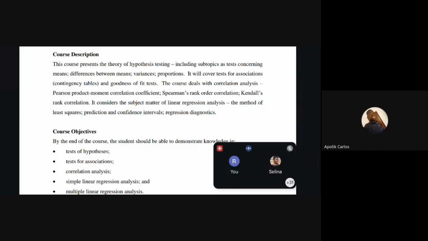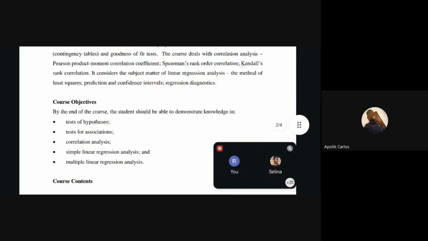The course will also deal with correlation analysis, Pearson product moment correlation coefficient too. Then we also have the Spearman's rank order correlation, Kendall's rank correlation. Then it will also consider the subject matter of linear regression analysis and the method of least squares, prediction, and confidence intervals and regression